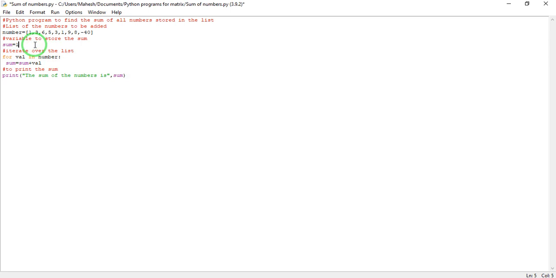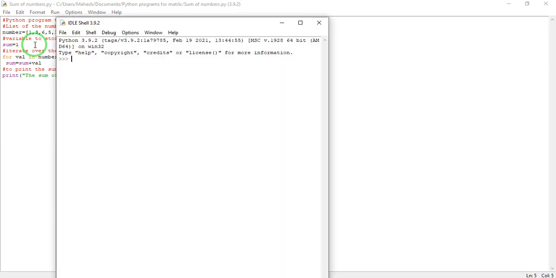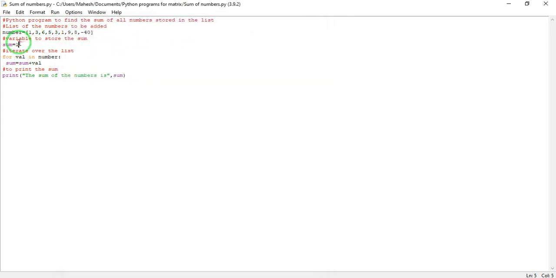The sum was -4. Now we will see what is the sum. Let's see, the sum is -3. So here you are starting your sum from 1. Previously we started our sum from 0, but obviously if you start your sum from 1, you will not get the exact sum here. So first you define your sum to be 0 and then use your for loop.